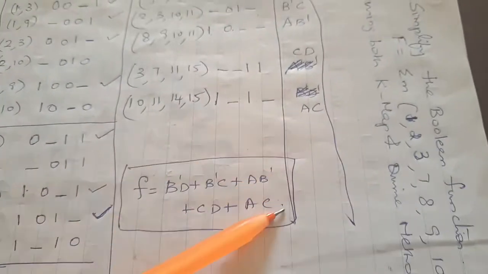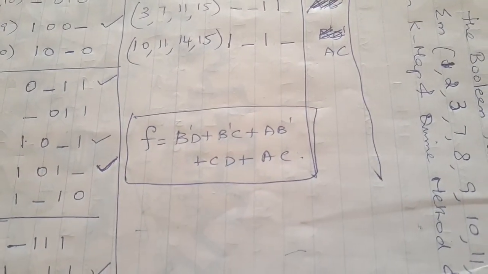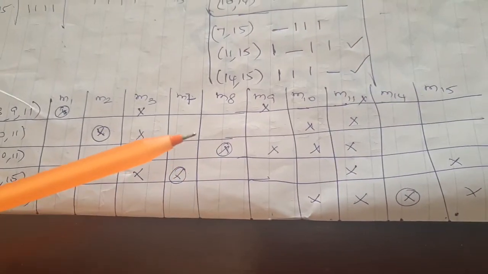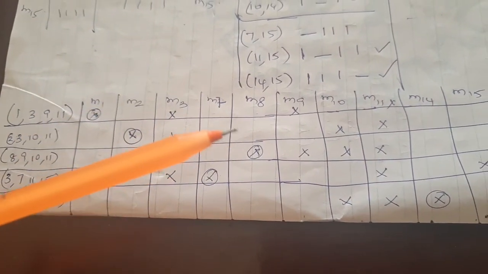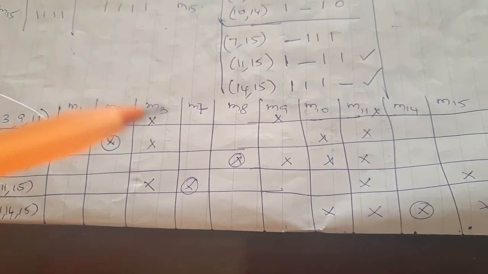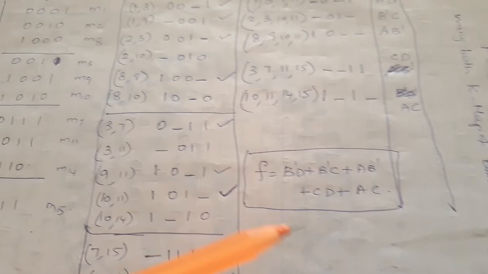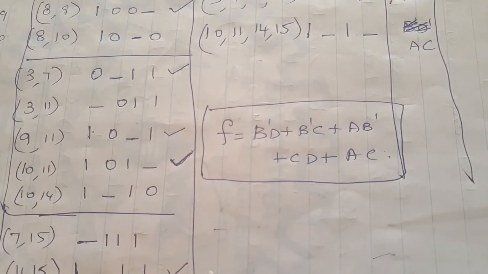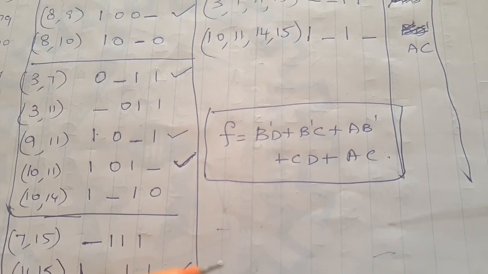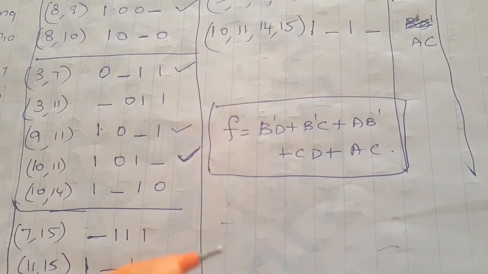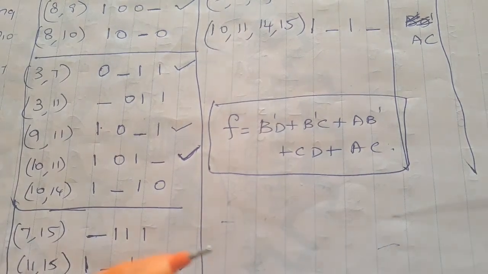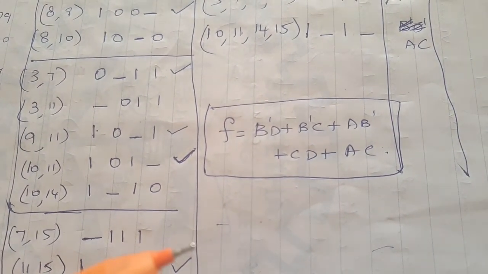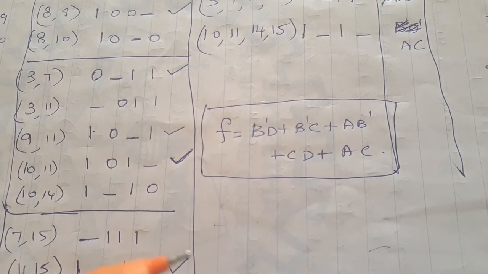14 is the prime implicant. So 14 is AC. So wherever you have this encircled cross mark, that is your prime implicant, which shows that the particular implicant is very much needed for the expression, which is the minimized value for the minterms given as a Boolean function. So this is how we do the tabulation method, or Quine-McCluskey method, which helps us in reducing the number of variables of higher value segments. Thank you.